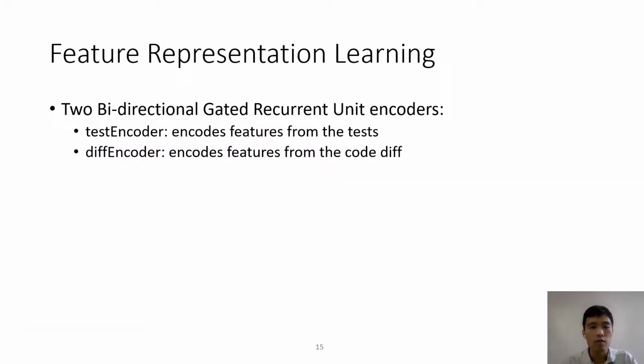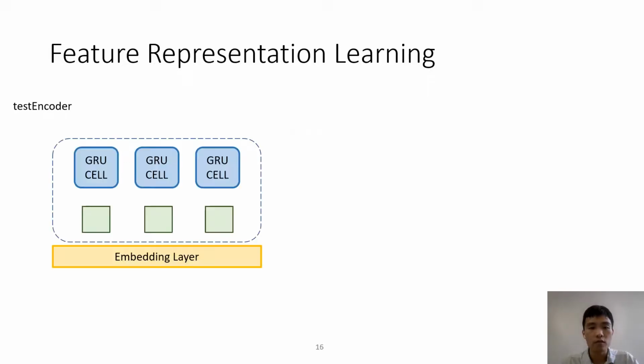Next, we describe the feature representation learning stage. We use two encoders. The first encoder, test encoder, encodes features from the tests. The other encoder, diff encoder, encodes features from the code diff. Both encoders are instances of a bidirectional gated recurrent unit network, which is a variant of a recurrent neural network. To be specific,